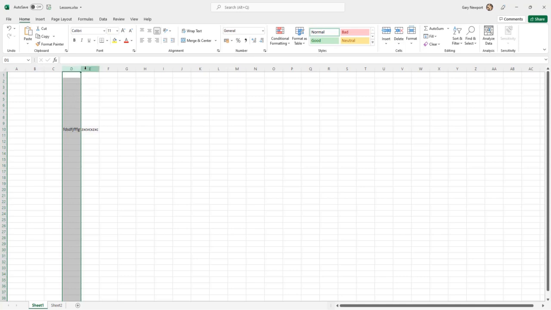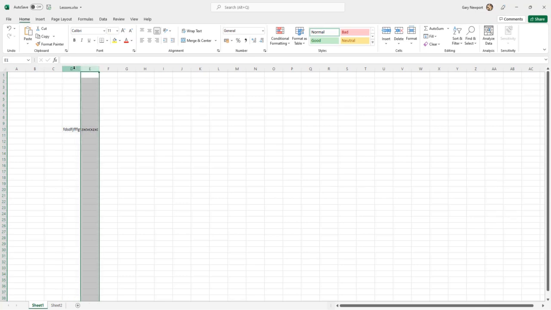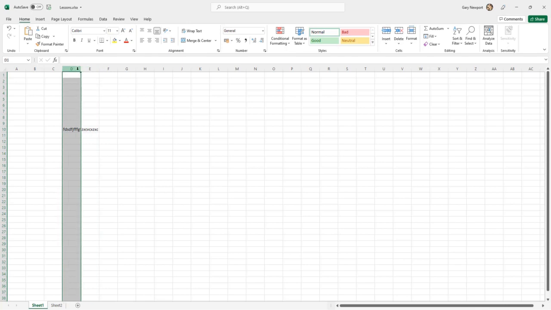If I move my mouse just over top of it, I can see the arrow that's pointing downwards, which says select column E or select column D. I can move it between and it suddenly changes to an arrow pointing both directions. Click, hold the mouse button down, drag towards the side,